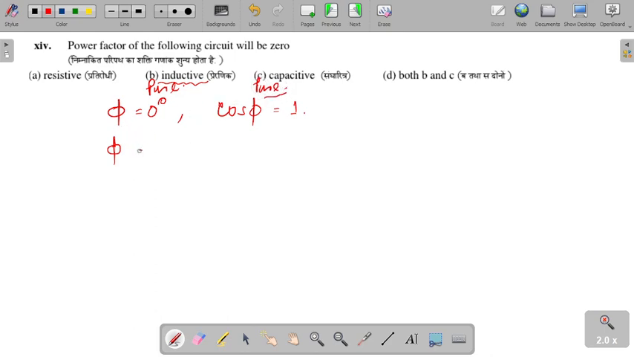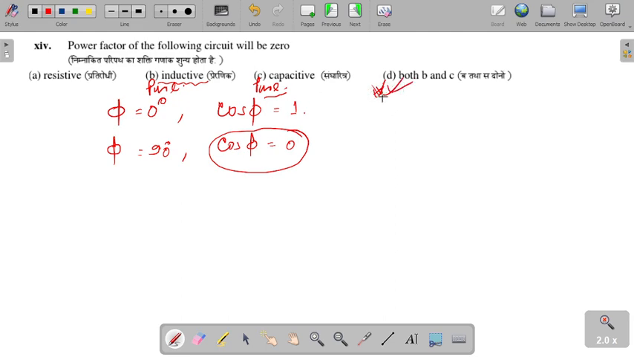तो जब प्योर की बात करेंगे तो उस केस में फाई 90 डिग्री होता है, इंडक्टिव में भी और कैपेसिटिव में भी, तो उस केस में हम कह सकते हैं पावर फैक्टर कॉस 90, ये जीरो हो जाएगा, ठीक है। तो वहां पे ऑप्शन डी, बोथ बी एंड सी, ये मोस्ट अप्रोप्रिएट आंसर है इस क्वेश्चन का।